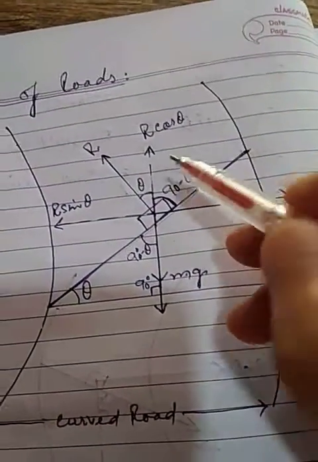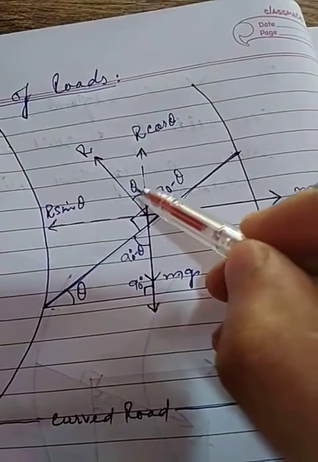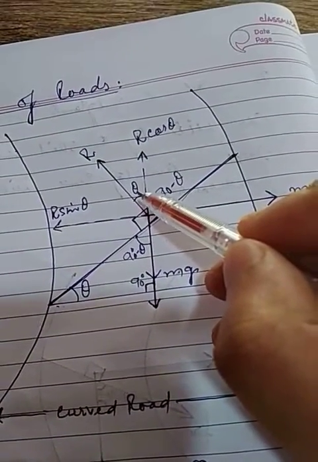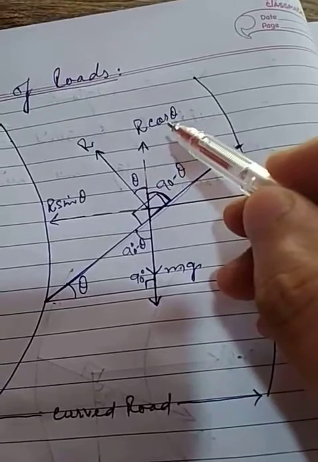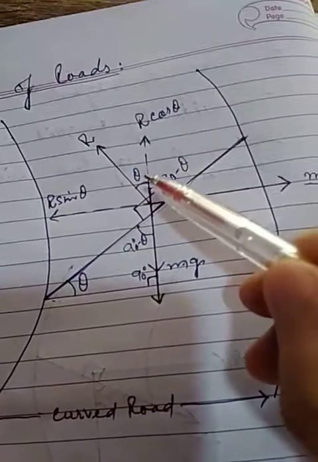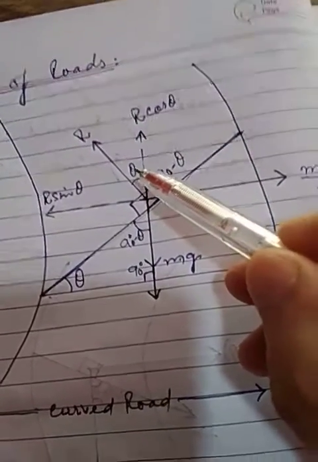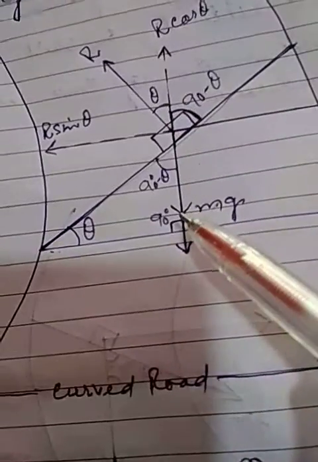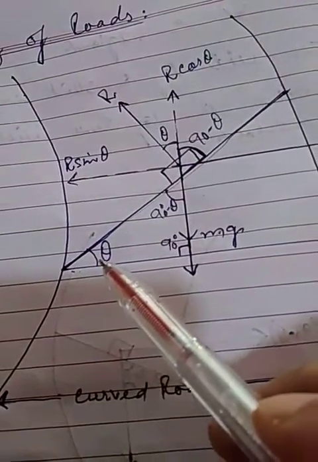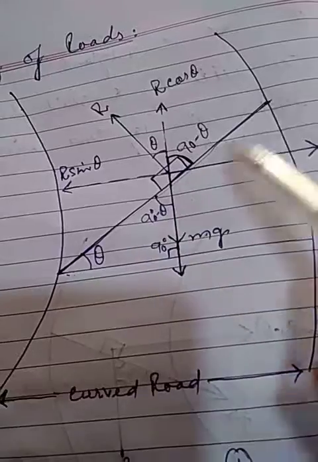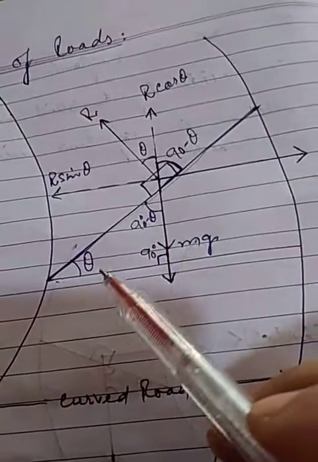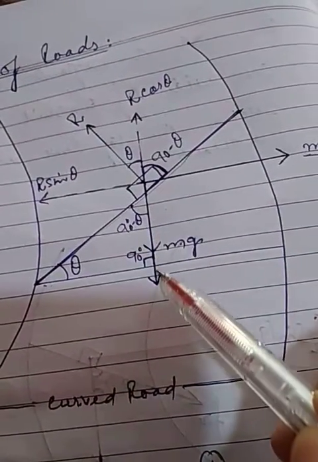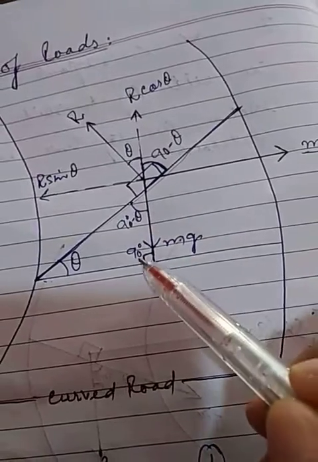Now the question is, why do we place angle theta here? If angle theta is here, that means cos theta can be placed like this. But the question is how we can place angle theta here. For this you have to understand that first, this is the angle theta, the angle at which the road is banked. Now as you know, this is the perpendicular, this is a 90-degree line, so this angle theta.